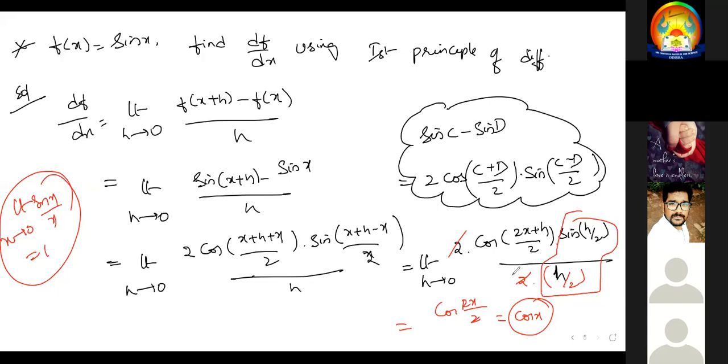Meanwhile, if you understood, try to calculate the derivative for cos x. See, now on the screen, there is a derivative for sin x. I know that you understood well. Find the derivative of cos x.